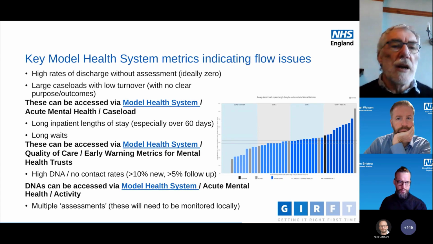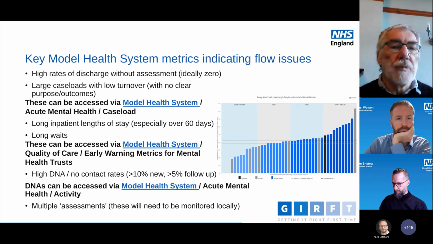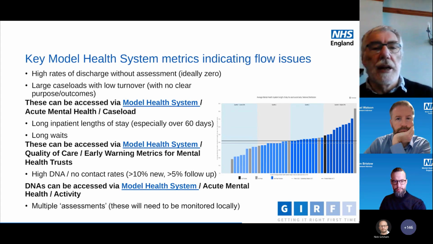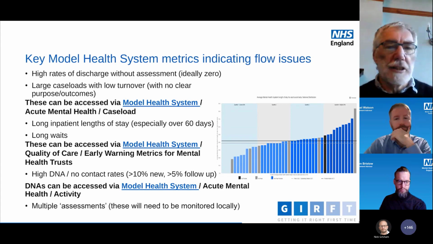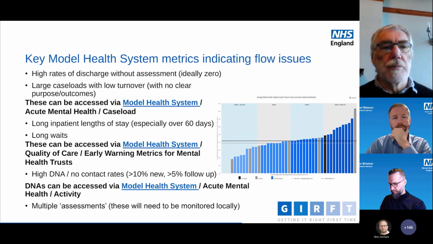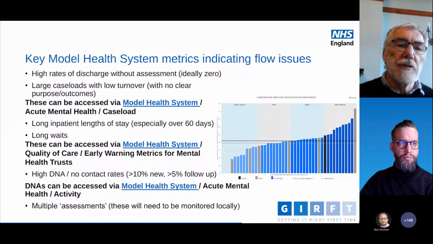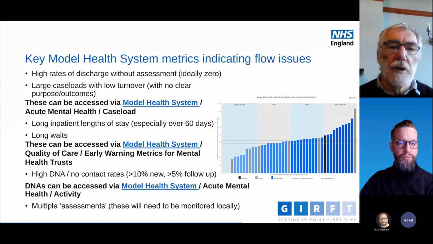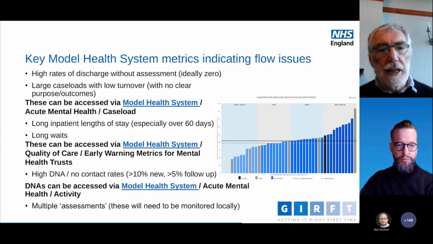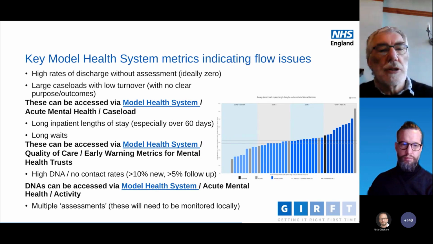So it's about really understanding that. When we did red to green on inpatients in the trust where I was working at that time, what was really important was that anecdote does not actually make good planning. The anecdotes at that time were that all the long lengths of stay were due to things like care packages not being agreed, social care providers not providing housing. When we actually did red to green, they were the 6th most common cause. The 5 top causes were actually in the internal control of our services. So we need to use anecdotes and qualitative information to pose the questions, but then we need to use the data to find the answers to those questions.